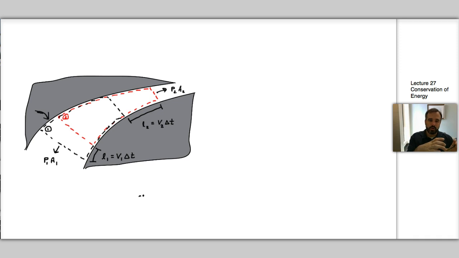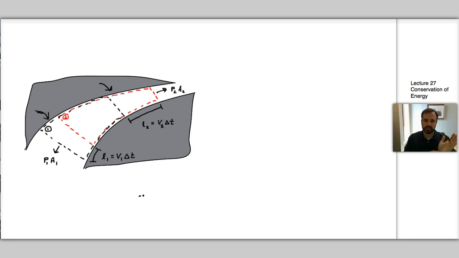So at time 1, it has this shape, and at time 2, it looks like the red line. So some later time, delta t, the control volume has changed shape because the duct has changed shape. Okay? And what I've labeled here are the distances it has traveled, and because of the convective acceleration as that duct narrows, the surface at 1, the lower surface, is going to move a distance of L1,